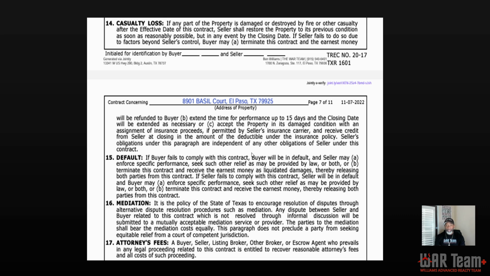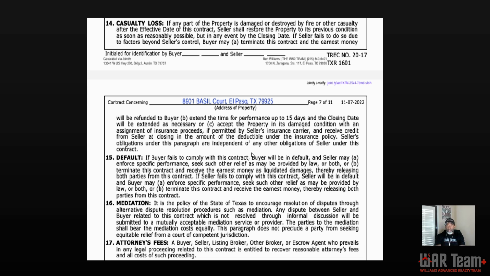So no other damages could be sought and things of that nature. If a seller truly wanted to go after a buyer for whatever reason because they didn't close, it's probably in the best interest of the seller to release that earnest money back to the buyer, then seek legal counsel and go after the buyer in that way.